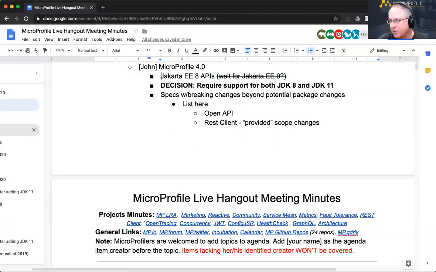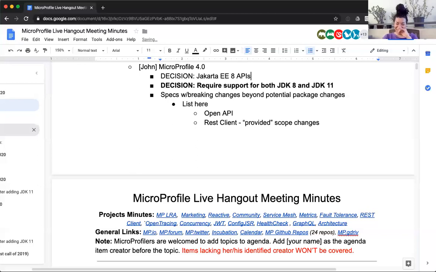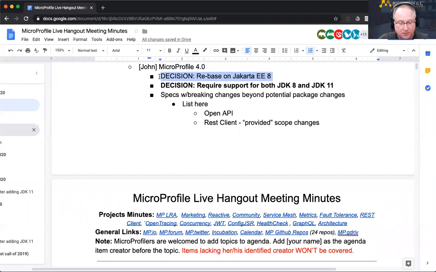What I should have done, and again, it's everyone's shared responsibility, so it's not entirely on me. Okay, here we go, I'll just put it this way: based on Jakarta EE8.